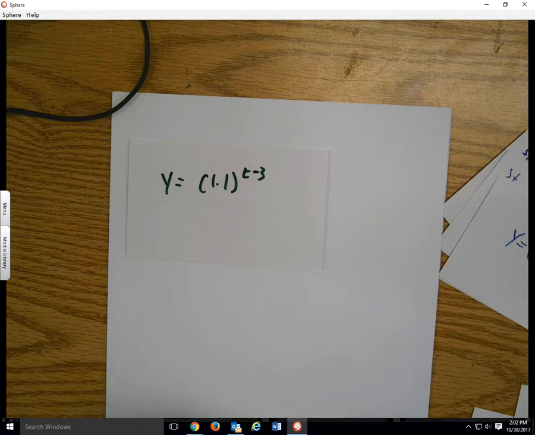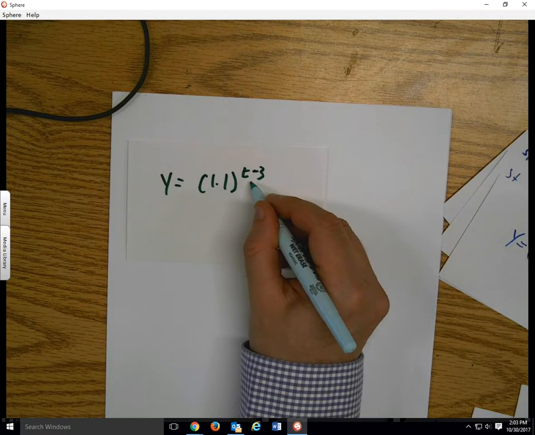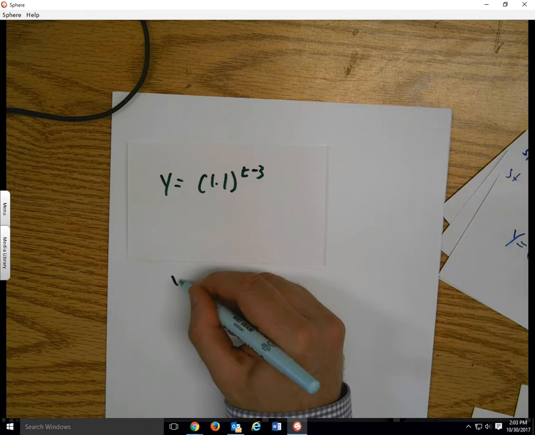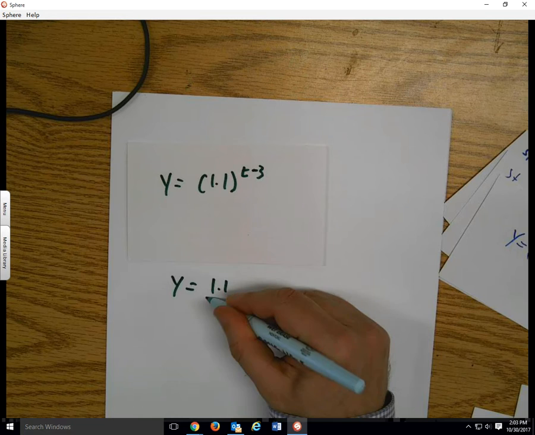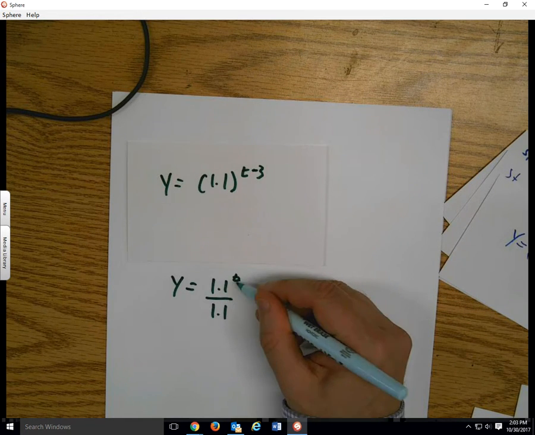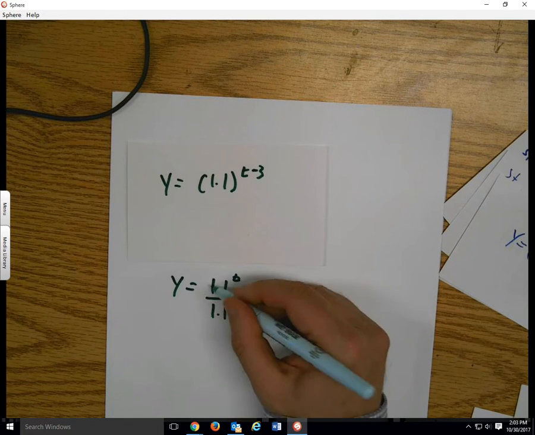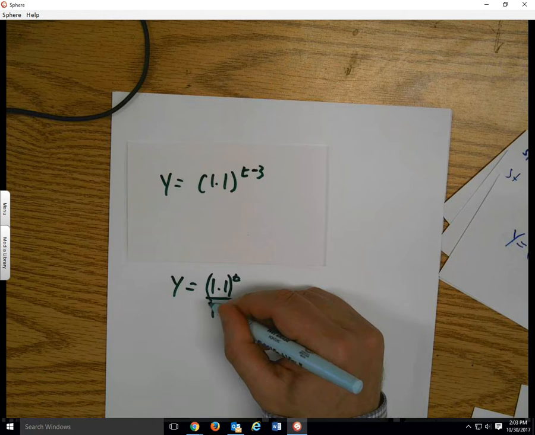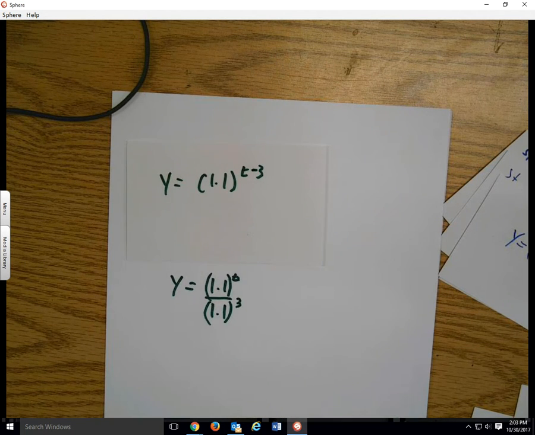So if I were to rewrite it, the part that's going to the 1.1 should go, and the t part should stay. So it looks something like y equals 1.1 over 1.1. The t is the part that stayed, right? And then parentheses, the t, and the part that went would be to the third power. And then what is 1.1